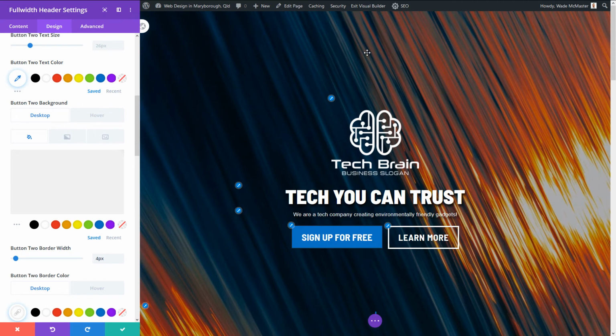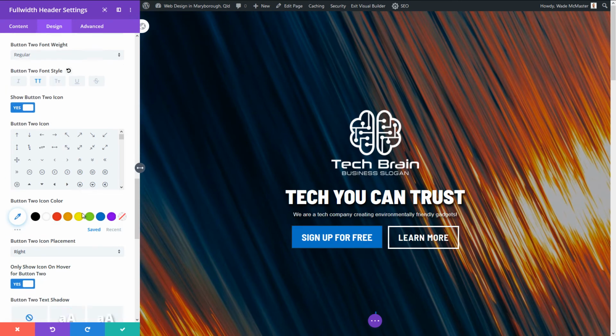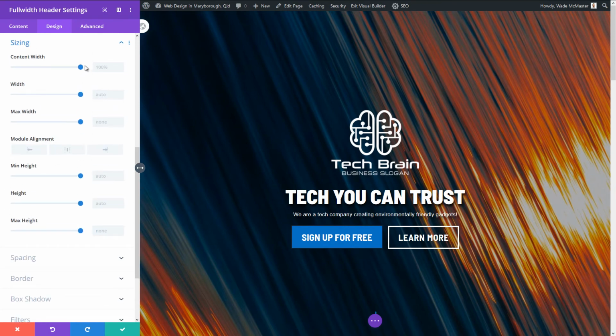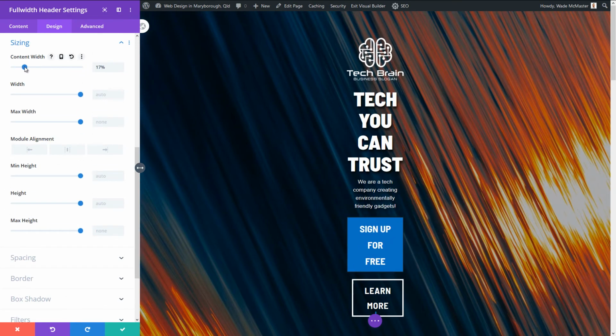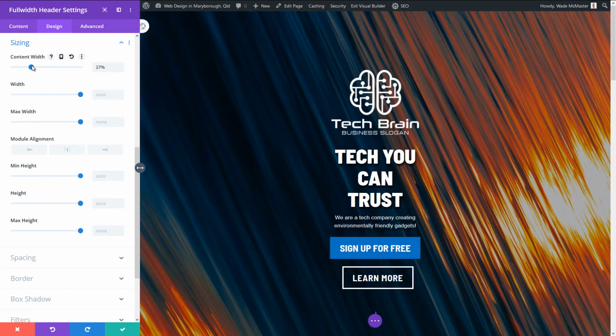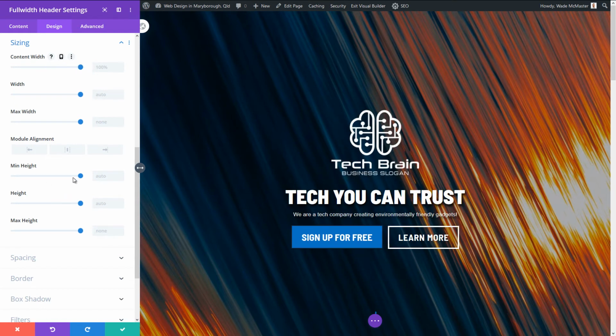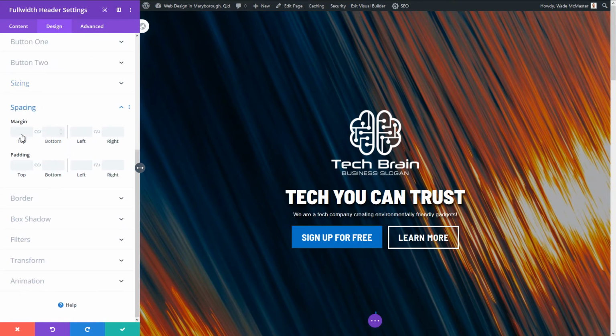Now what we're going to do now is, so we've gone through, we've changed some of these buttons. Obviously we can change some of the sizing. We can make the content width much thinner if we want to have it really long, or we want to make sure it doesn't go beyond a certain width. So you can give it a max height. There's a few different options there. Change some of your margin and padding. This isn't going to have a huge effect on what we're actually doing here at the moment,